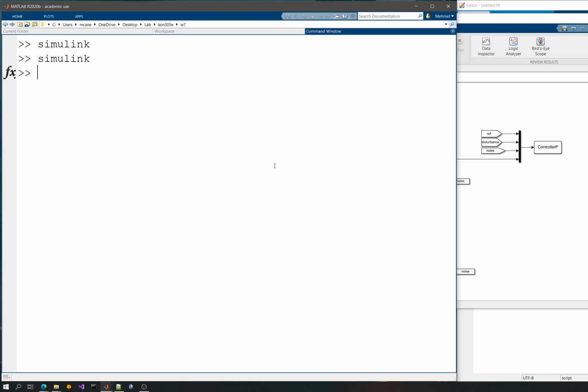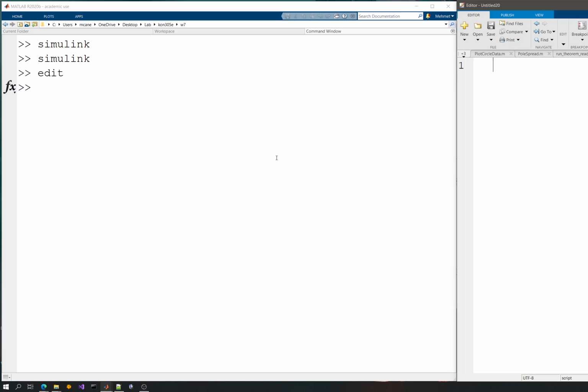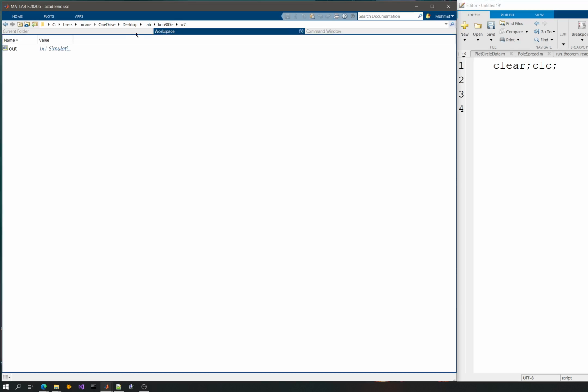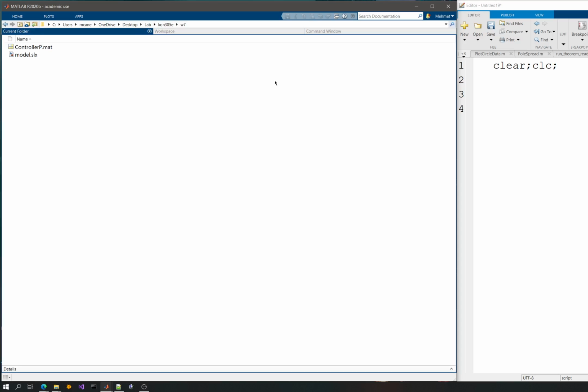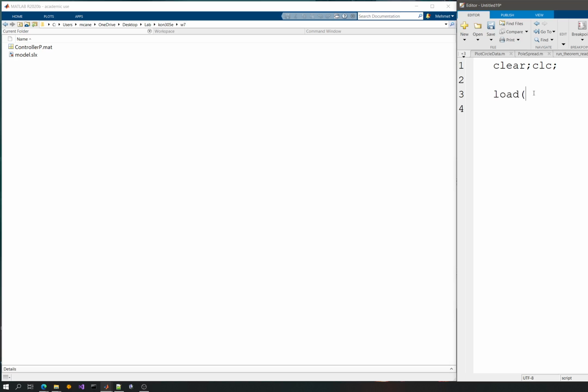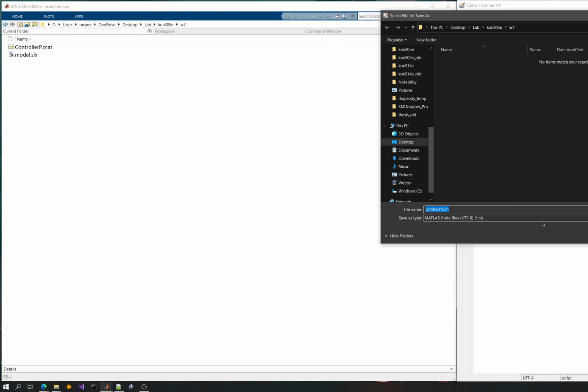Now, in the command window, let's call the editor here, and let's go ahead and clear CSV. Now you can double click that in order to load it to the workspace, but I will not do that. I will go ahead and say load, and then give it the controller p.net here. Now you can say something like this: data equals load, or temporary equals load. So it will save all the data into a